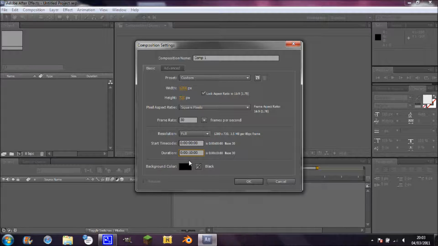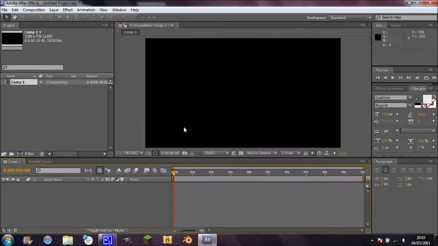So have your background color set as black. Well, actually, you can have this set as whatever you want, but I'm just going to have it set as black, and then just hit OK. Okay, now click on Layer,